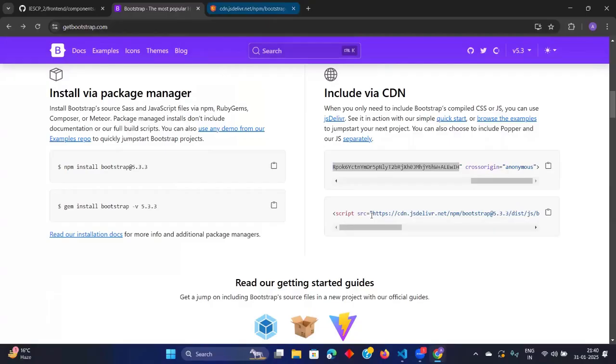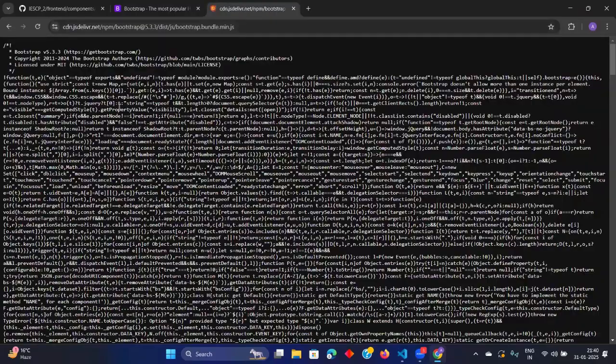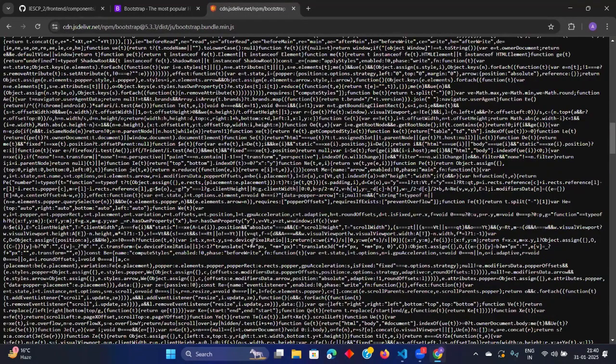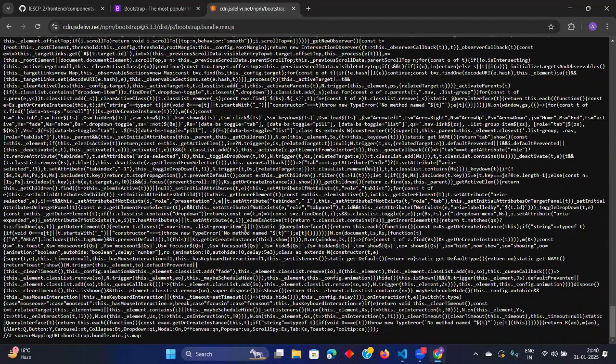If I just go to this link, now you see the complete JavaScript code will be there. You see the complete JavaScript code, these functions and objects and all these things. You see the undefined type of modules, functions, and all these things. This is the complete JavaScript code. It is not understandable for now, but if you want to use this, you just copy this, import the JavaScript file, and it will work. You see the case of mouse over and all these things, so this will work also.